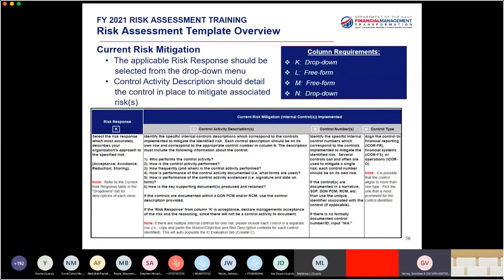And as we get better about documenting our processes and having actual control numbers, we'll be able to put more of those in there. But it's perfectly fine if you don't have a control number. You don't need to create one. You don't need to go find one. You can just say NA. And then control type. Again, this is where it could be multiple areas. It could be financial system and financial reporting. It could be operational and financial. Just pick the one where it leans the most. So moving on to the next slide.